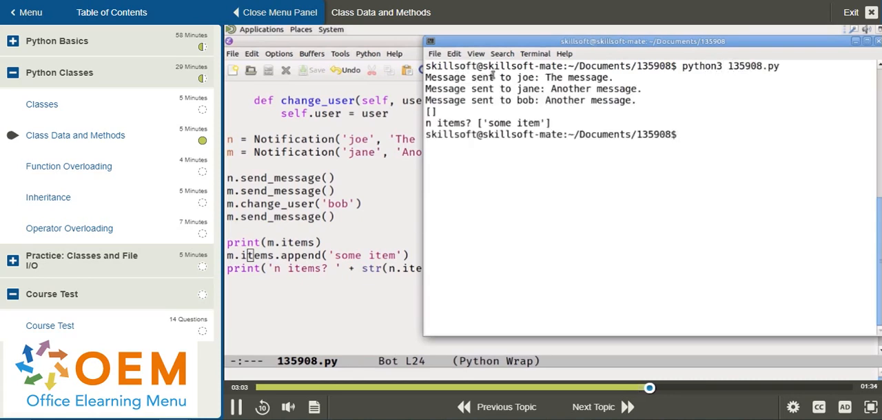So you can see the message sent to Joe, the message sent to Jane, another message, and then